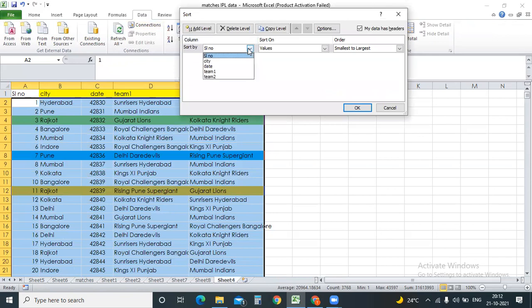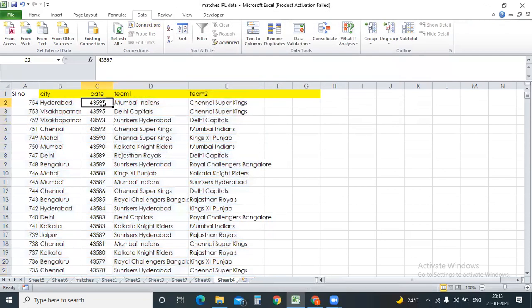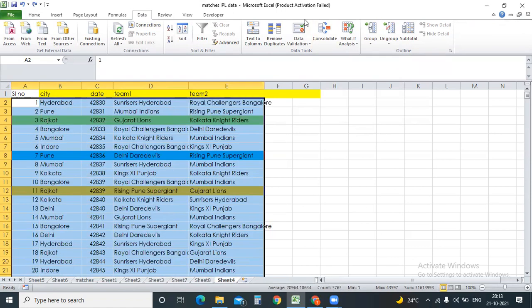Now when you are selecting something, date, can you see over here values, color, cell font and cell icon, multiple things. If you click on the values and smallest to largest, see, as soon as I click the date, the system automatically calculated whether it's alphabets or numerics. When it is numerics, it will say smallest to largest or largest to smallest. I want to go with the smallest to largest, or else I can go with largest to smallest, and click on OK. See, now the dates, all the values have been sorted out, right?